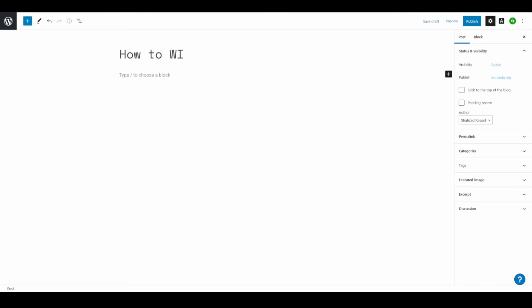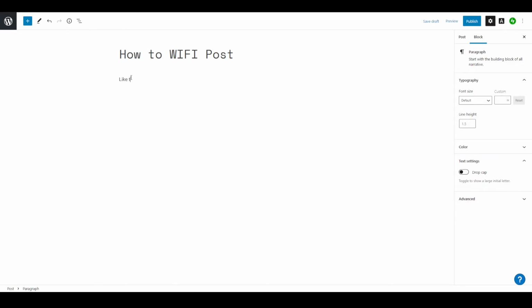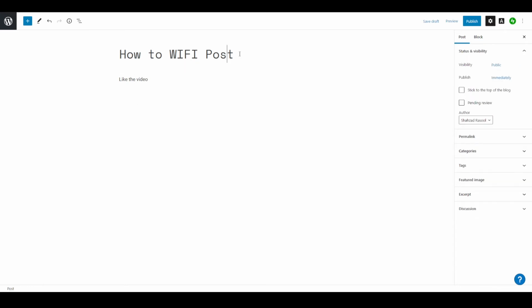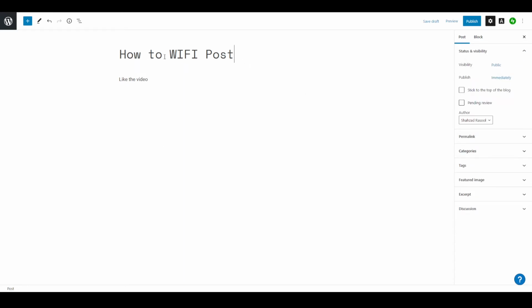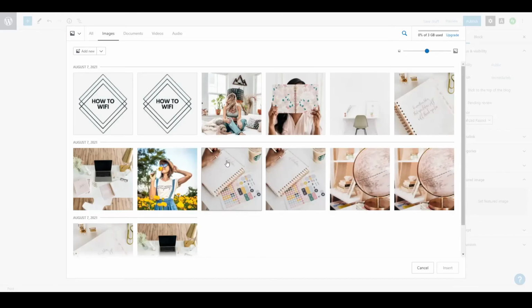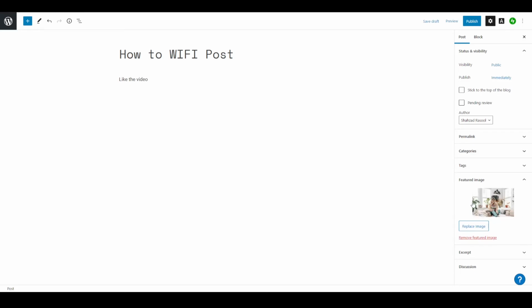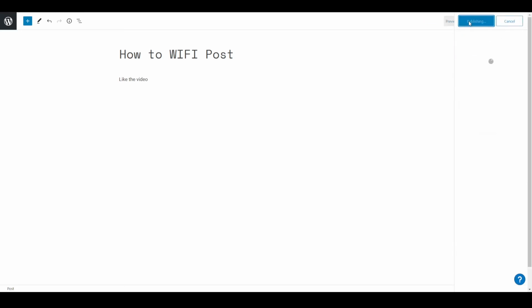how to Wi-Fi post, like the video. So after putting all the details, making all the post, blog post, or you can simply type anything, any content you want. And if you want to add a blog image, you can simply click here and set here, and you can choose from these as well, or you can add your own. Let's add this one, and it's added. You can set and publish,